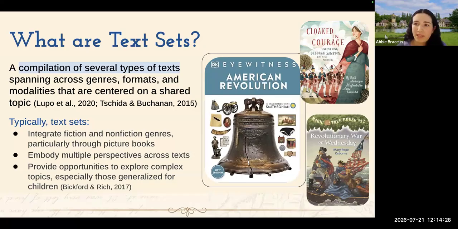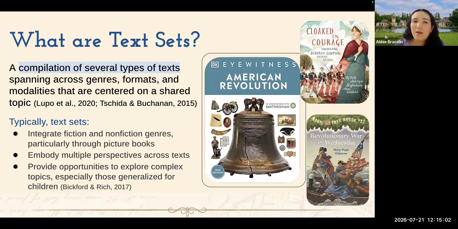Another thing that's great with text sets is that it gives teachers the opportunity to explore complex topics that are extremely commonly watered down in the early grades. Like in kindergarten, we talk about the first Thanksgiving, and there's a study I'll talk about on that in a minute. The first Thanksgiving, right, where everybody was friends and it was all perfect and there were no issues and happily ever after, right? But we know it was much more complex than that. And maybe there are some parts of that that are true, but not really, right?